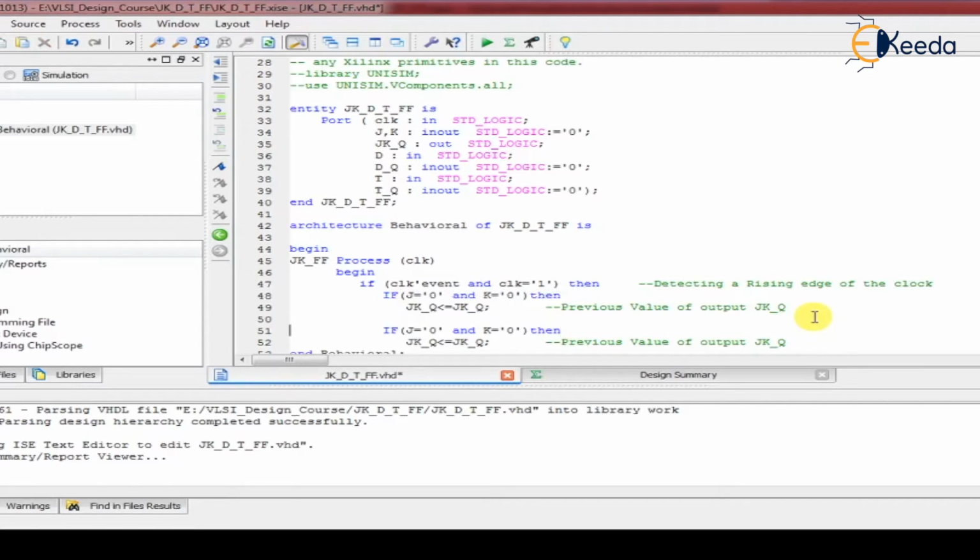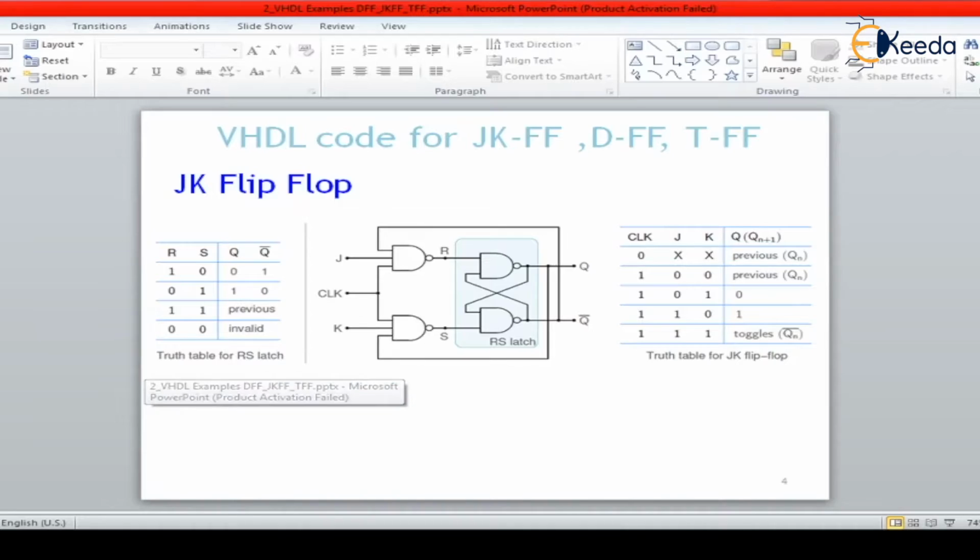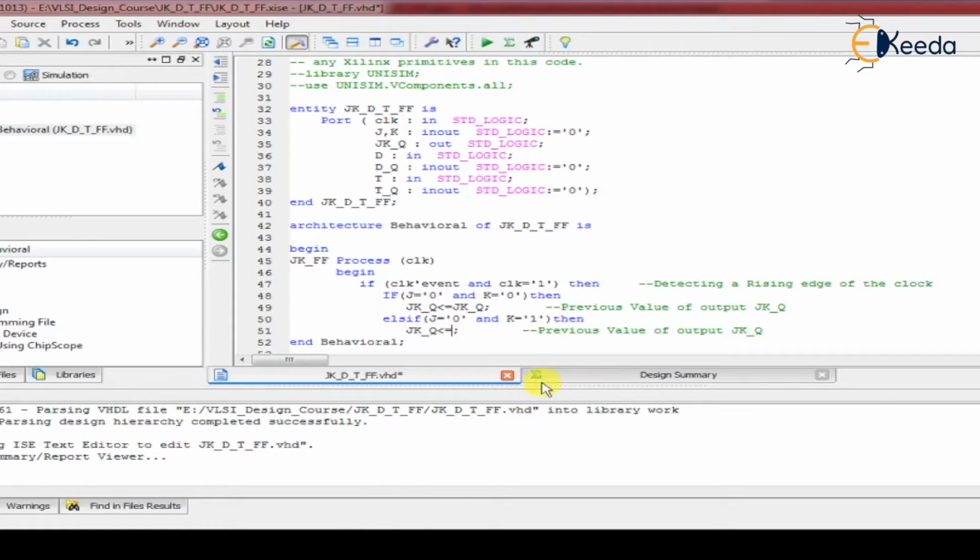Now for the second condition, we write else if. It's a nested if else if. If J is equal to 0 and K is equal to 1, that is 0 1, the output is always 0, so make it 0.